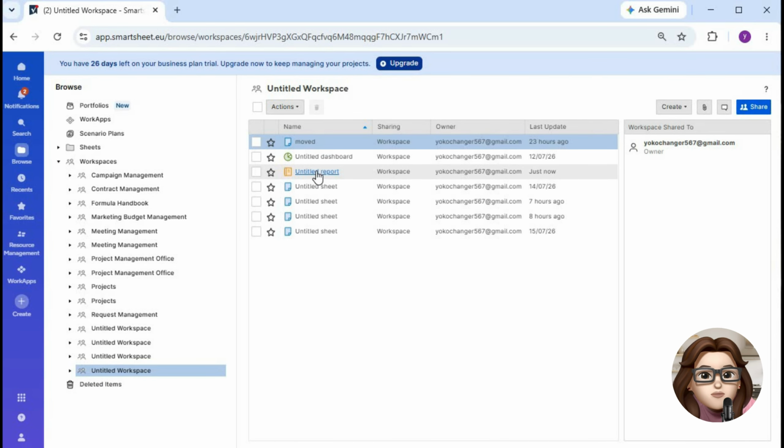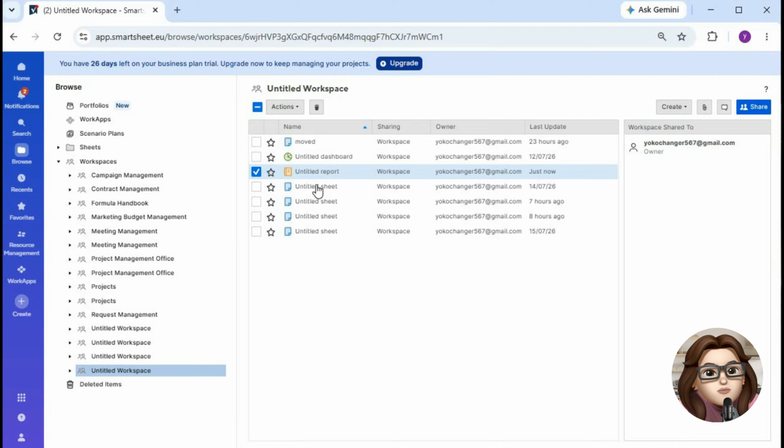Keep in mind that deleted items are typically retained for a limited period, so it's best to restore them as soon as possible. If you can't find the deleted sheet, contact your Smartsheet administrator or support team for additional recovery